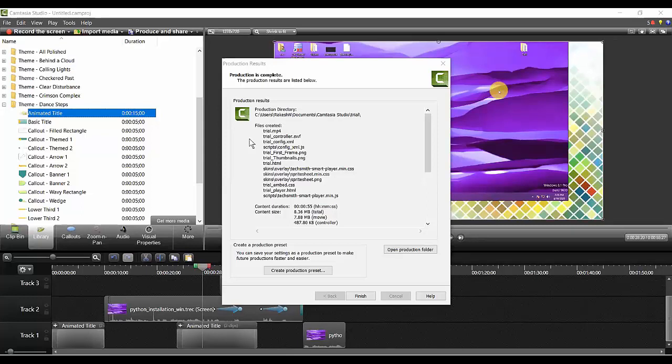So I hope you got these things. Any queries till now? Now where is the file located? If you open this, you can find this particular button here. If you click here, directly it will take you to the location. It is there in my PC, my documents, Camtasia Studio trial. In that, this is the MP4 file that got generated.